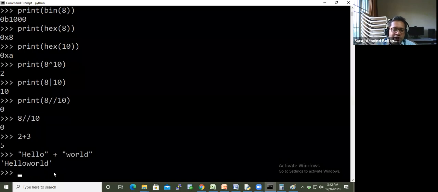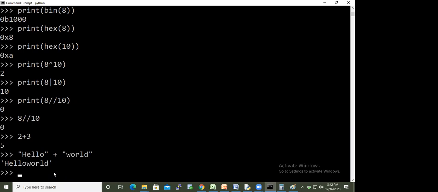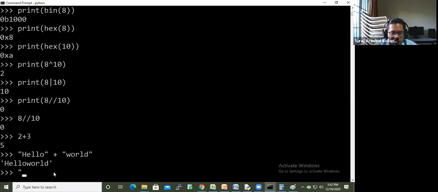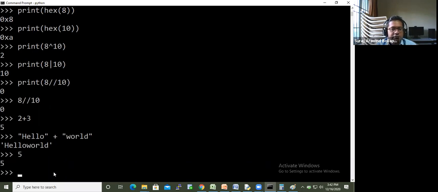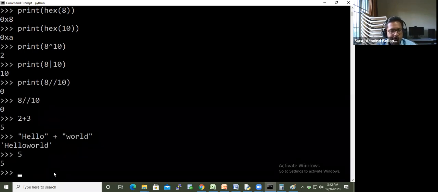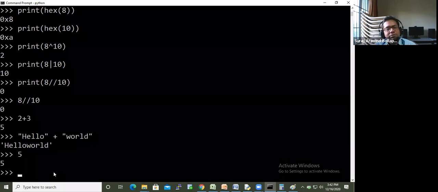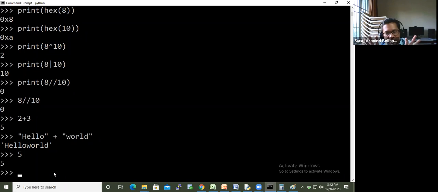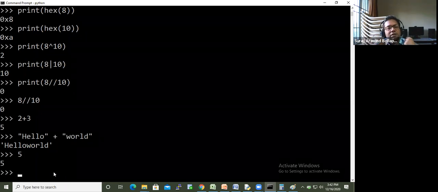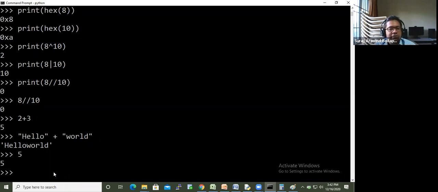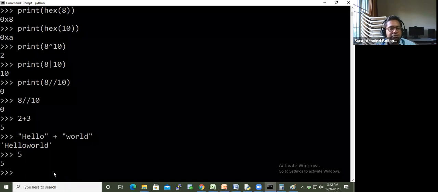The expression gets evaluated and it is displaying the output. Even if it is not an expression but only a single literal, it is also printing. So the default nature of the interpreter is that anything you give, the output of the expression gets printed. So for 5, you are not doing anything, and the 5 is getting printed.